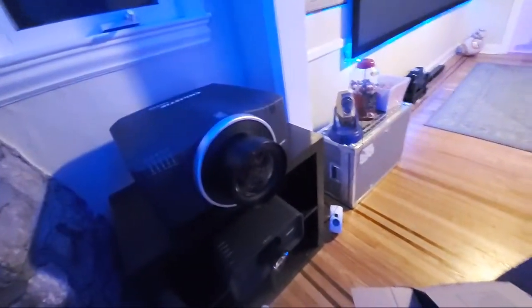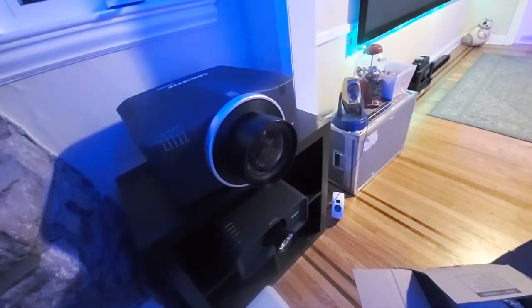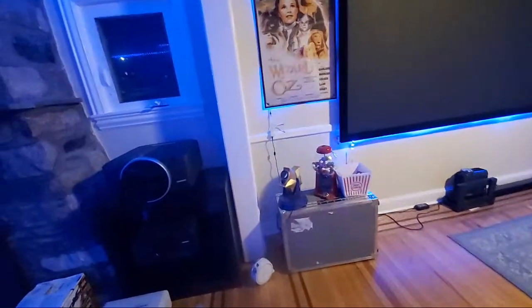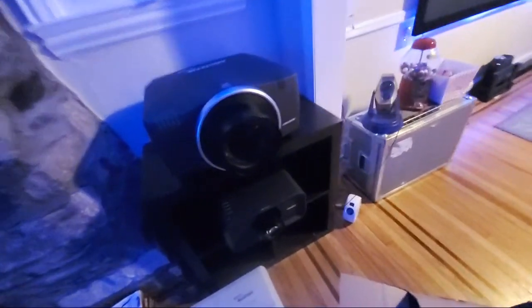Most expensive projector in the house would be that thing. That is the most expensive projector in the house. That projector right there has a story on its own. I mean, literally on its own. That thing blew my lights out of my house. And that projector is costing me a lot of money. And I'll tell you why. I got the projector for a good price. I got it for around, this is a Christie commercial. These are commercial projectors. This is a Christie